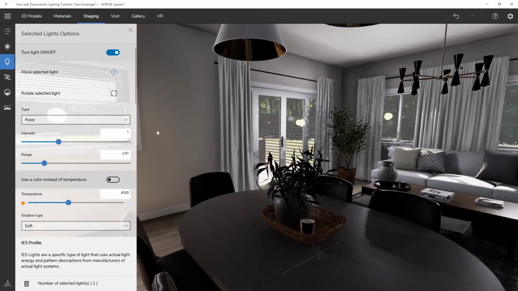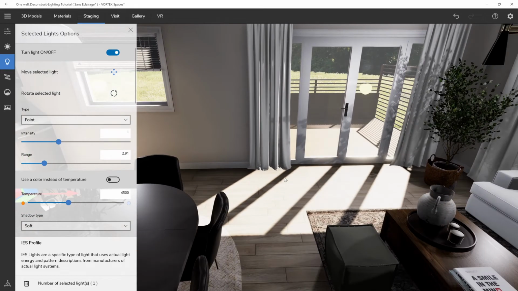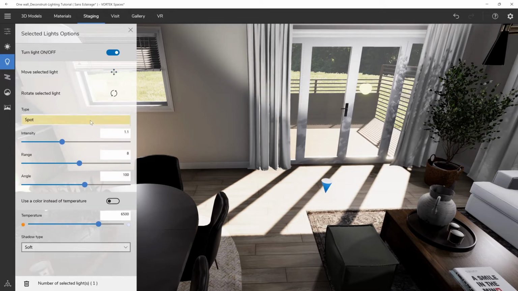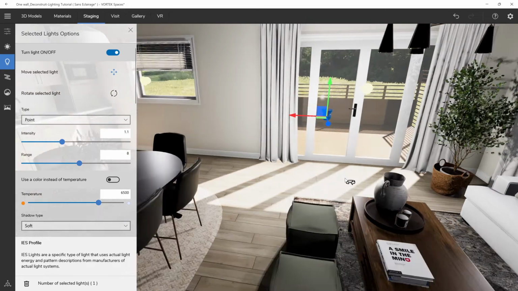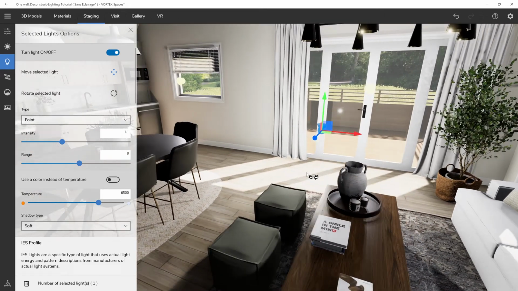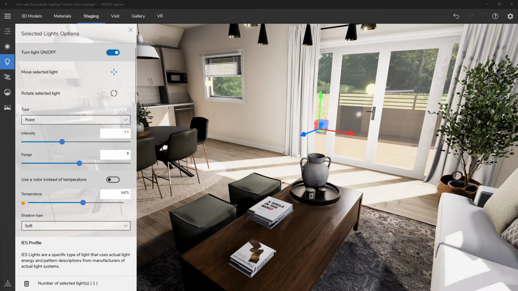After that, when we go around the room, we'll notice that there's a lot of sunlight appearing here on the floor in front of that patio door. So in this case, I don't need to add many lights, just one light here kind of in the middle. Same thing, I'll just switch it to a point light, and then I'll bring it up to about half the height here, or maybe a little bit lower. In this case, because the light is bouncing on that floor, I'll make it a little bit warmer, but maybe not as much as the other one. So in this case, I'll go to like 5.5,